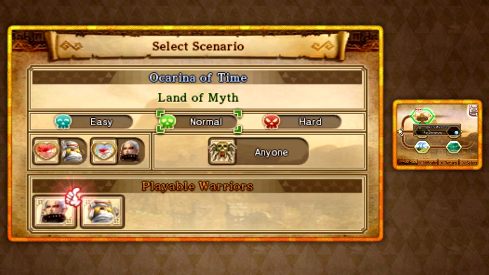I'm ZeldaMaster, and in this one, we're going to be starting off the Ocarina of Time set of scenarios with Death Mountain. So before we get started, there's something I want to do, and this might seem kind of dumb